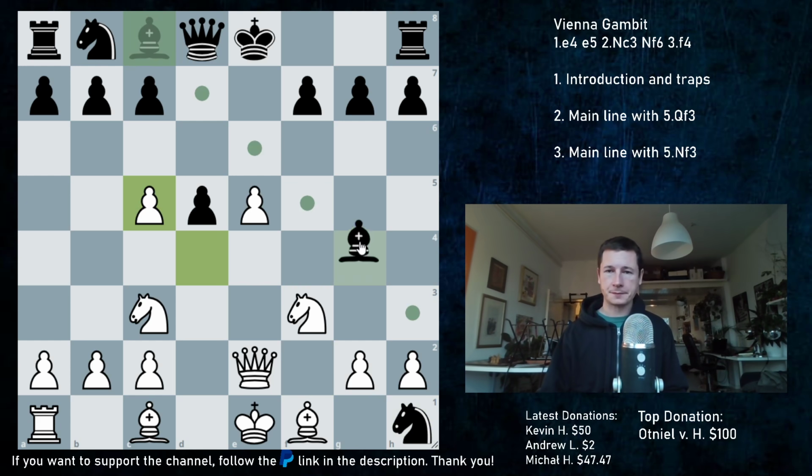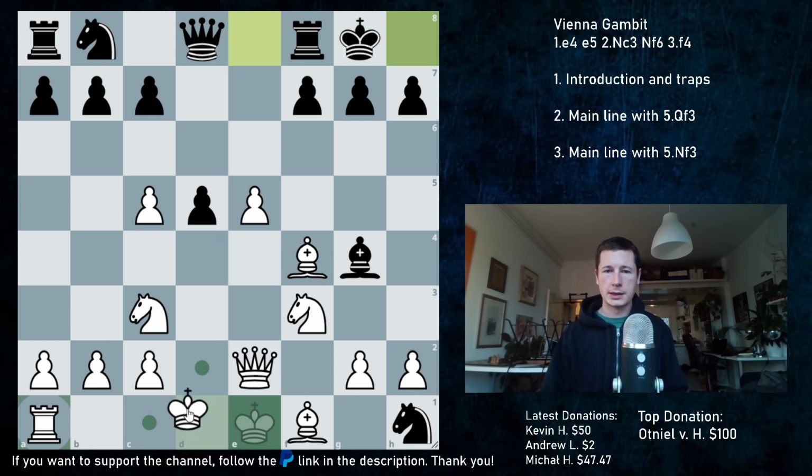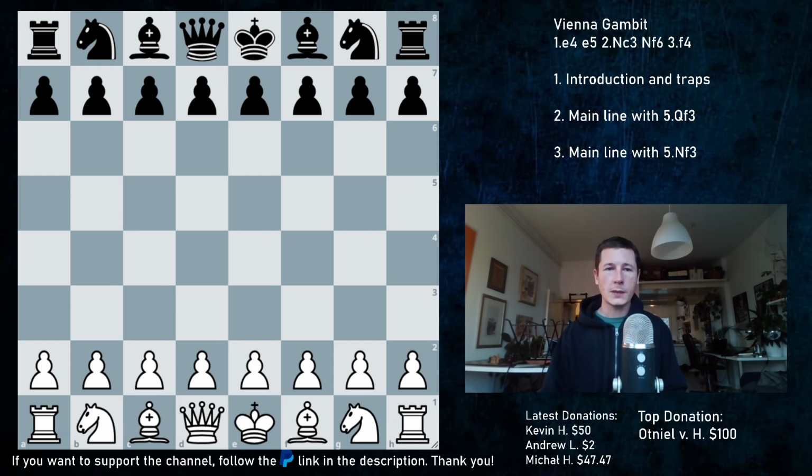For example, bishop g4, bishop f4, let's say castles, castles, and eventually we're going to move these 2 pieces, and we're going to take the knight. The knight is never getting out. So that's another type of trap you have to watch out for. Now moving on,